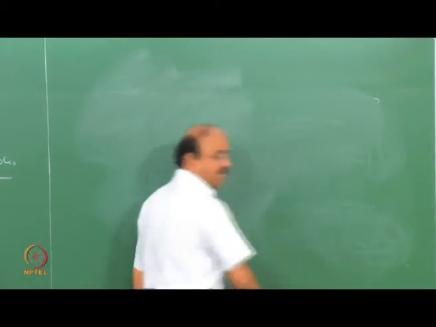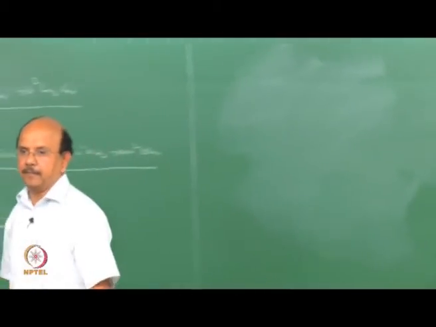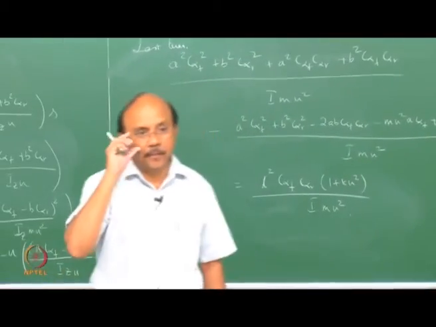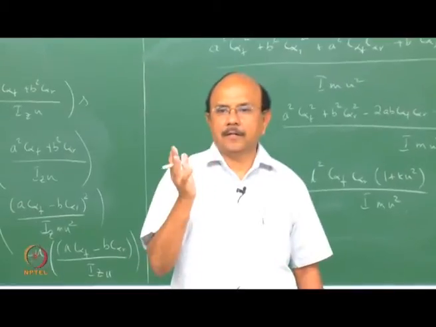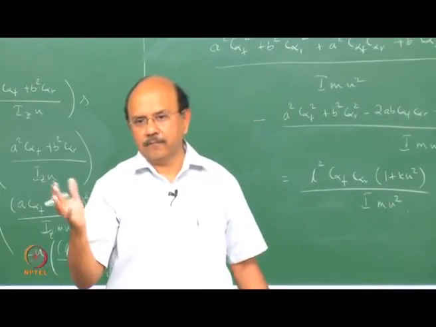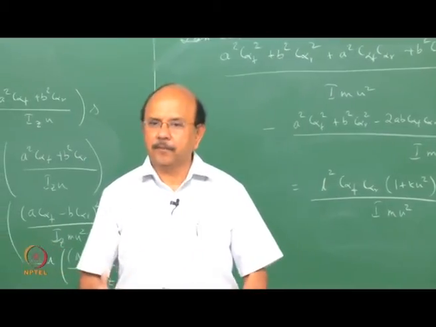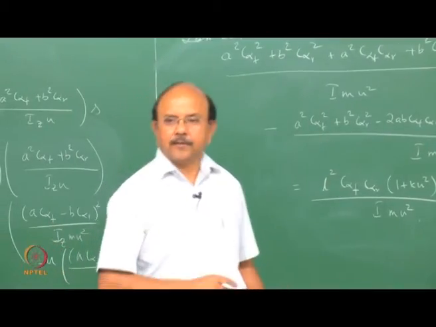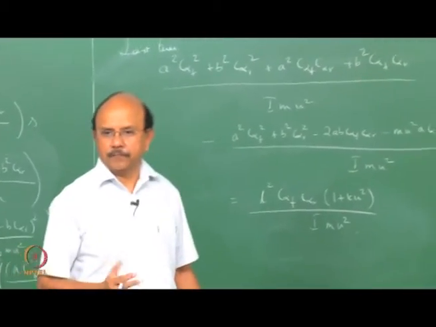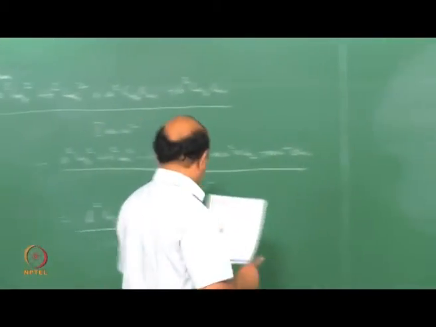Then we take the second term and I'm going to simplify it. Remember, what is my goal? My goal is to find out ultimately omega n and zeta. I want to find out the poles. From poles I can find out, or I'm going to develop a much simpler technique in order to find out the natural frequency and the damping ratio. Okay? Right?